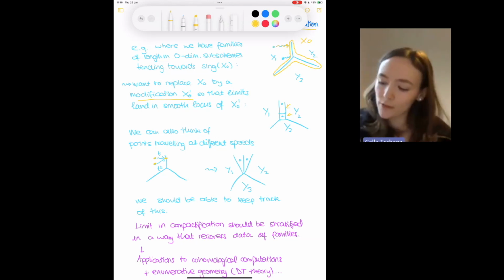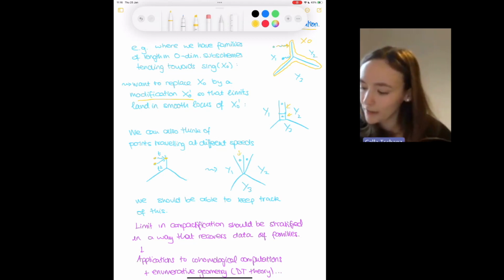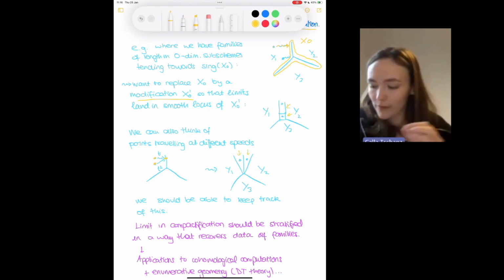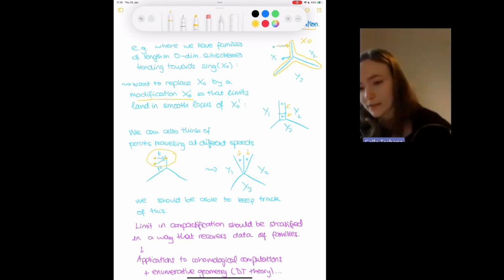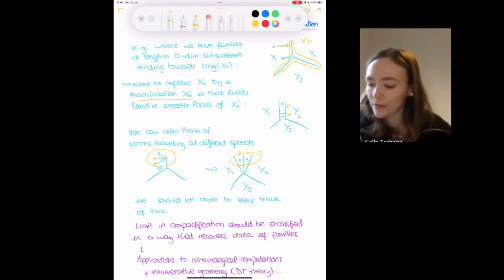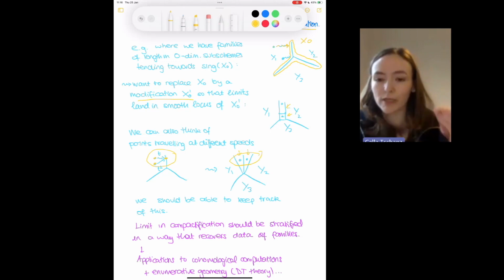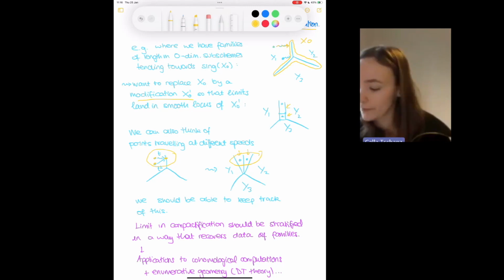But if we modify x0 in such a way that both of these points land in the interior of some component, actually what will happen is that we'll have to add in 2 components and they will end up landing in separate components. So something like this, where in the limit you're not able to tell apart these families that were traveling at different speeds, in our compactification that we construct, just by looking at the modification, we will be able to tell exactly what families we had. So just these pictures of the modifications will recover all of the data of the families that we had.